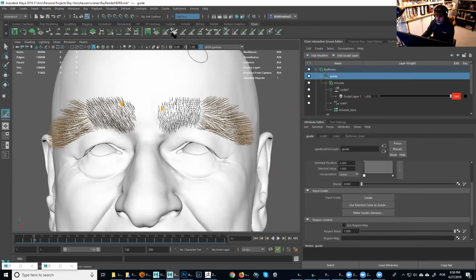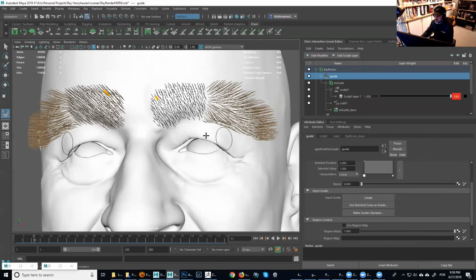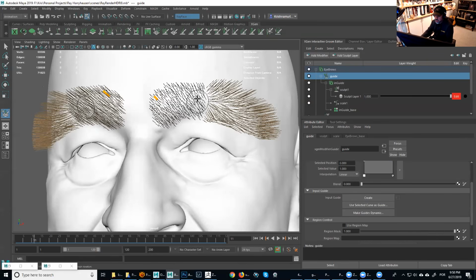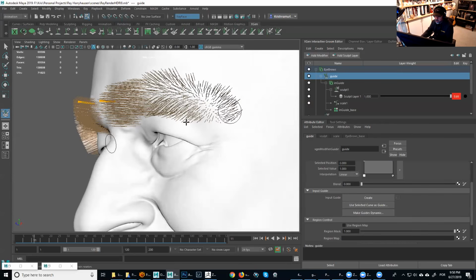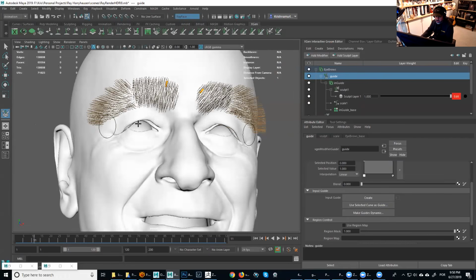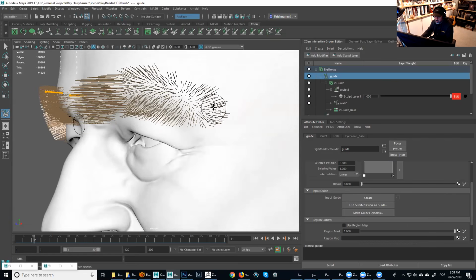And then there's this little brush here. If I click on it, it says place tool, right? So with this one you can actually place stuff by hand. It's kind of like you add hairs by hand. You can use that for regular hair, for example, if you want to fill up an area that doesn't have enough hair, or you can do that for the guides as well. So I'm gonna use that for the guides in this case here. I'm gonna start from this outer area, and I have my symmetry on, as you can tell, right? It's going both ways. And I'm gonna try to add one of them here,